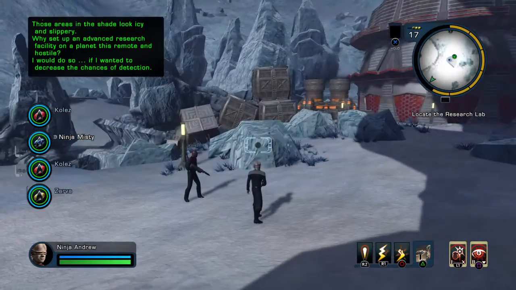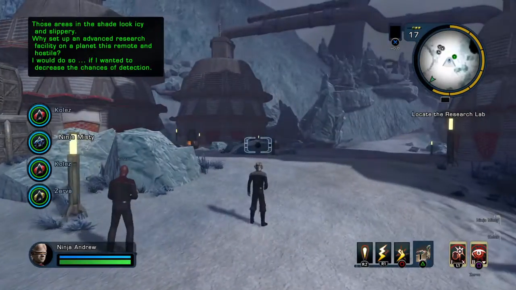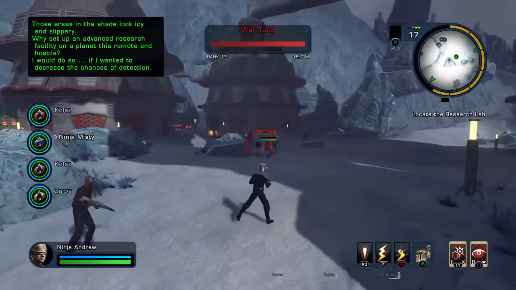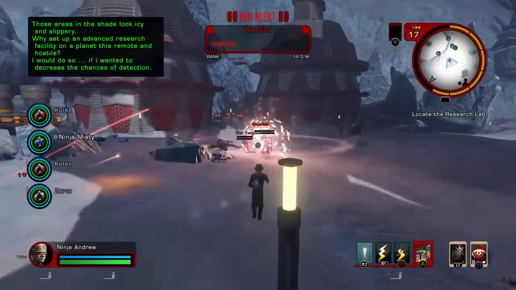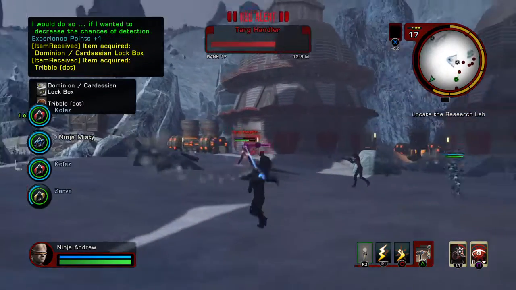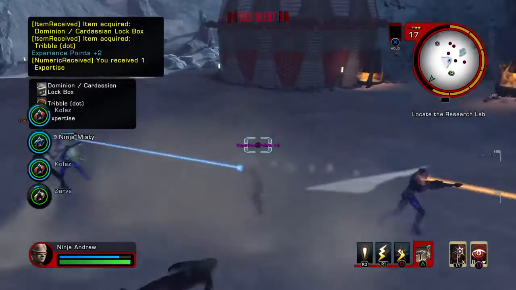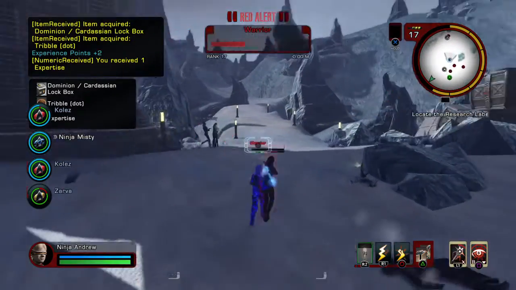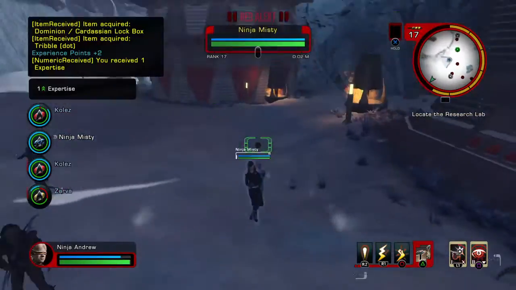We can set up something to decrease the chances of detection. No, I don't know about that. I think we're just going to shoot everything. Really? I don't know. I guess so. I don't know what he said. He said we could set something up, but I don't see any indicator that says...